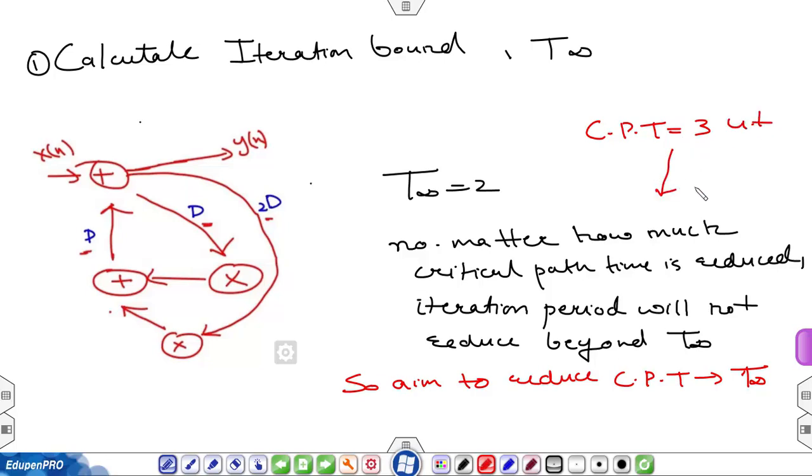So if you reduce it to 1 unit time, then the iteration period of this graph will be 2 unit time. So reducing it from 3 to 1 is of no use. Our aim should be to reduce it from 3 unit time to 2 unit time. We should not aim to reduce beyond that; we will unnecessarily put in extra effort and it will be of no use. So this is the limit, the lower bound to the critical path time,